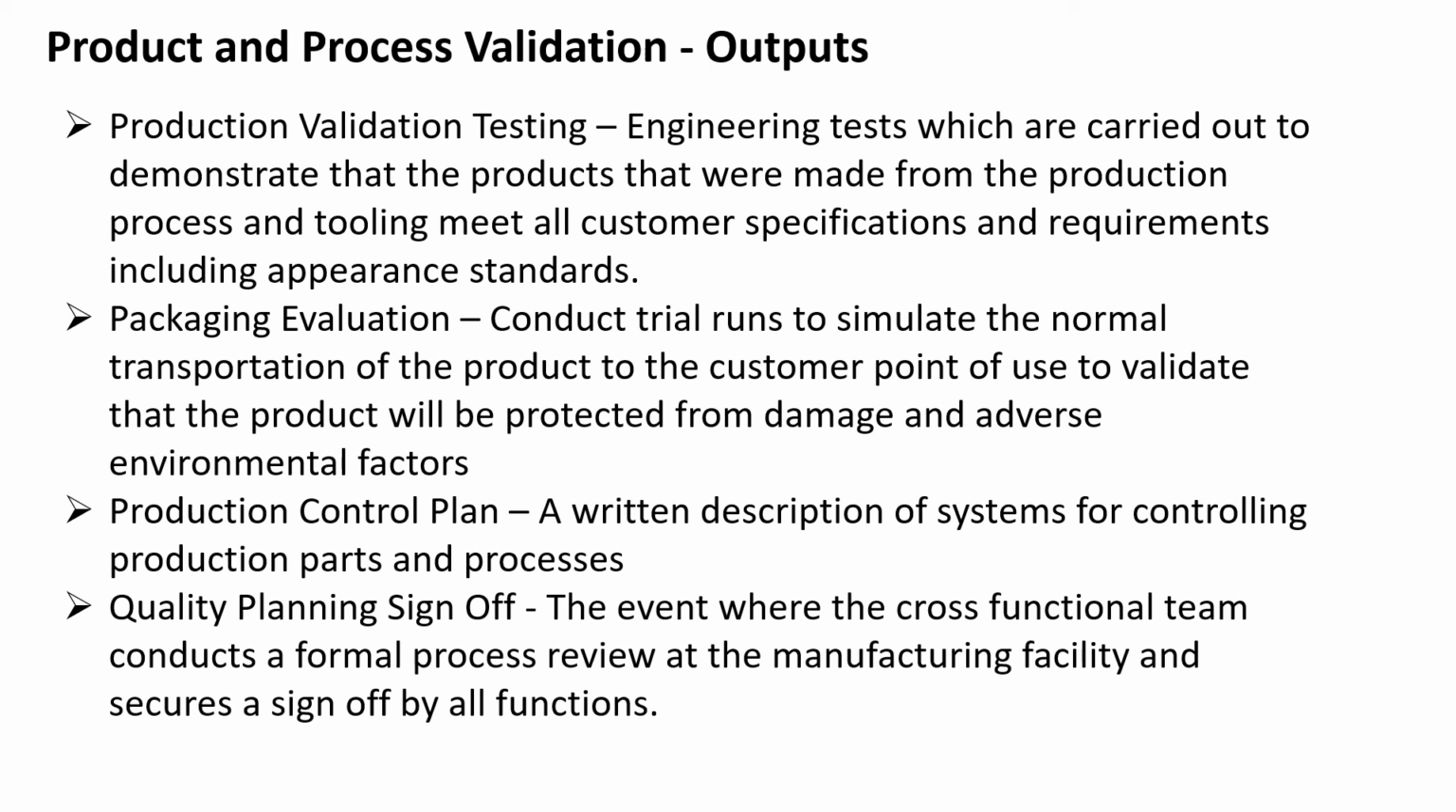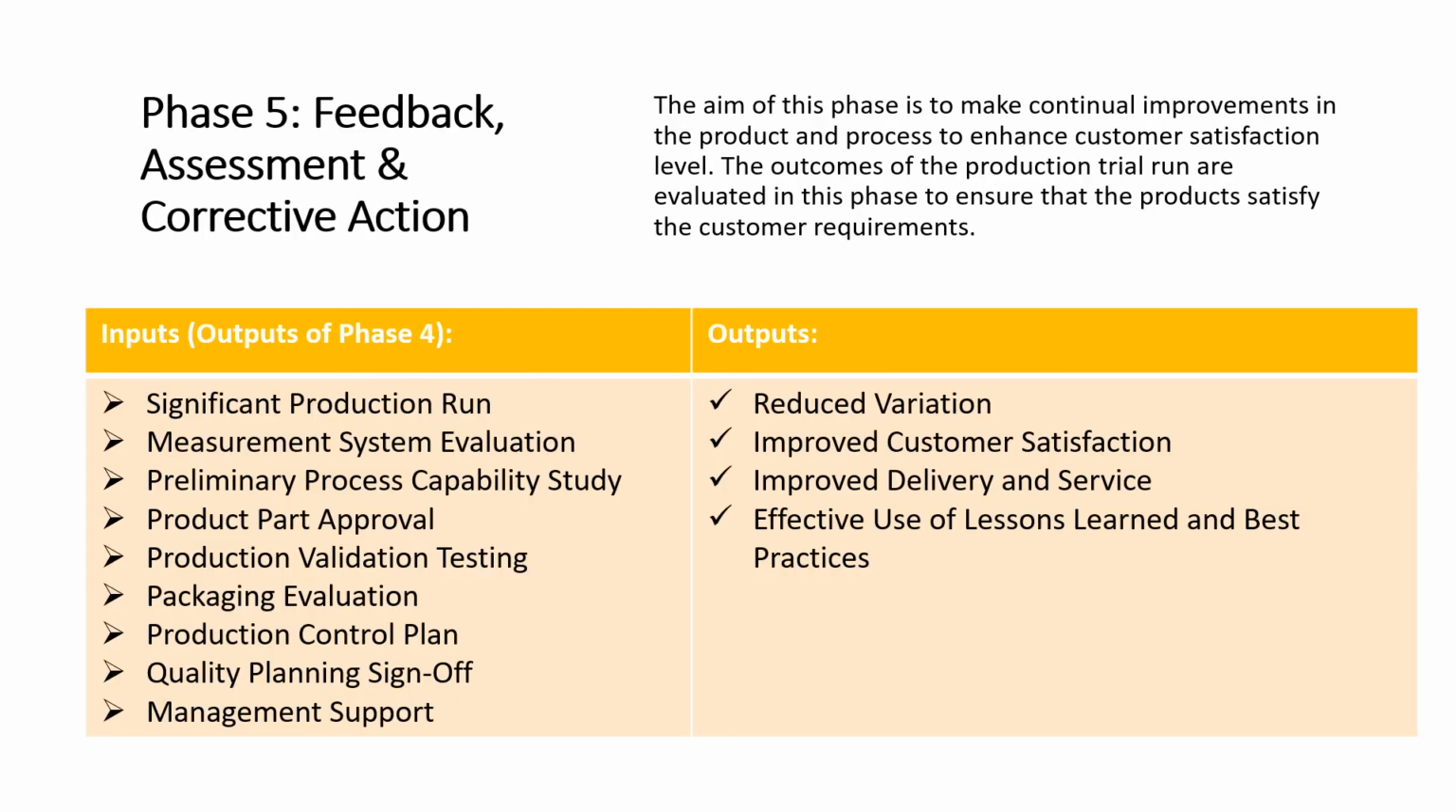So phase 5 is nothing but the feedback, assessment, and corrective action phase. The aim of this phase is to make continual improvements in the product and process to enhance customer satisfaction level. The outcomes of this production trial run are evaluated in this phase to ensure that the products satisfy the customer requirements. So the inputs are nothing but the outputs of phase 4, but the outputs will be reduced